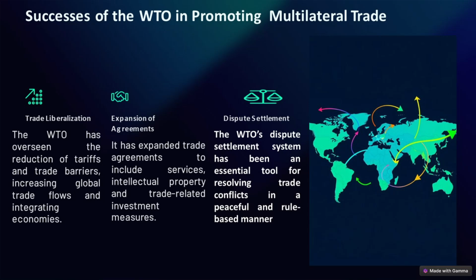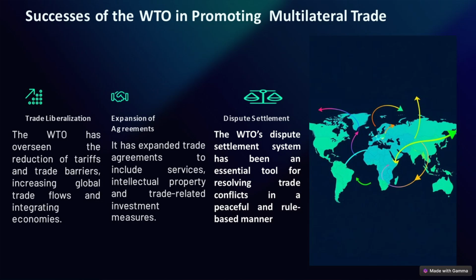That means reduction of trade barriers. So since its establishment in 1995, the World Trade Organization has overseen a gradual reduction in tariff and other trade barriers across a wide range of sectors. As a result, this liberalization has significantly increased global trade flows